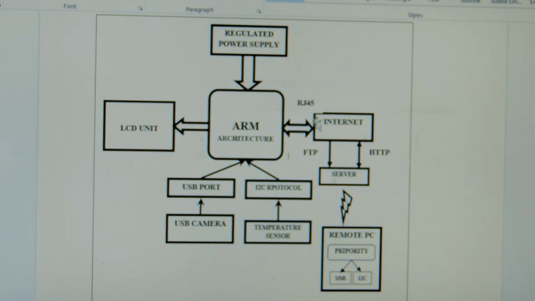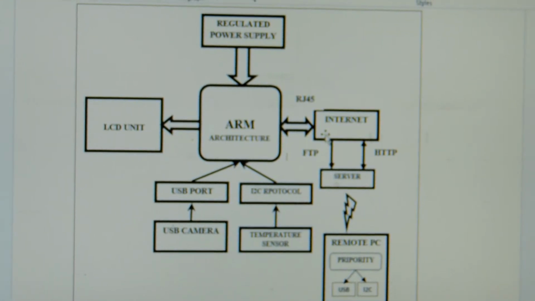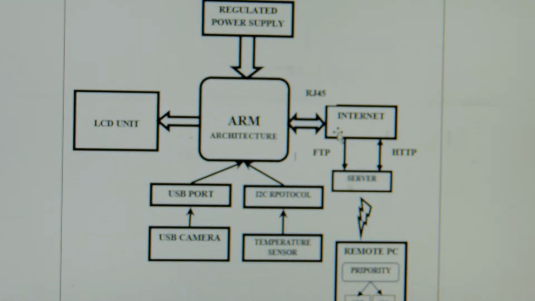So, let's have a look. This is the Ethernet connection, which is connected to your ARM processor board by using an RJ45 cable. To implement this project through Ethernet, any one protocol is required, whether an FTP protocol, like file transfer protocol, or an HTTP protocol, based upon our flexibility. If you go for the FTP protocol, people can monitor this data, or do controlling, from anywhere in the world.